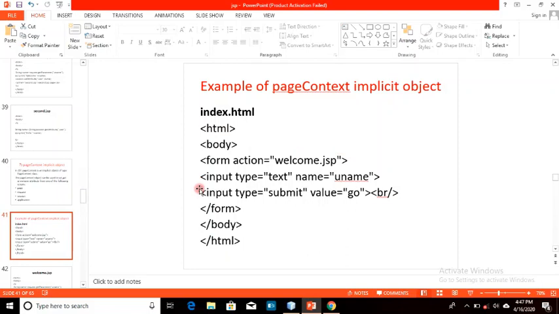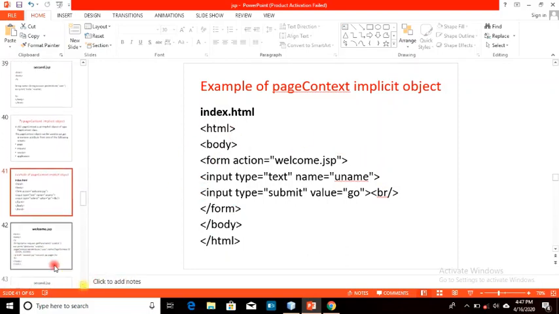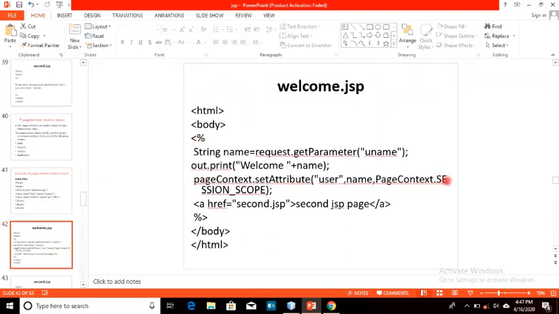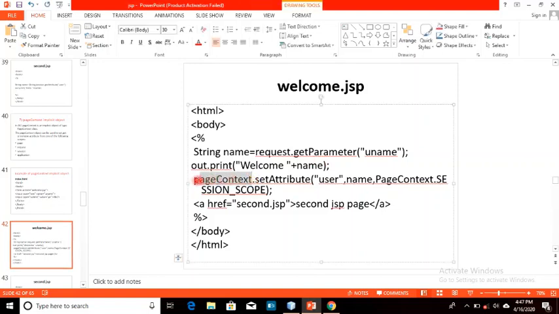In the same way I have created a form, you can also create a form. And to fetch the parameter, we have request.getParameter, and we will print it. Now we have a page context implicit object. In this we have a method setAttribute, like we have done in the session.